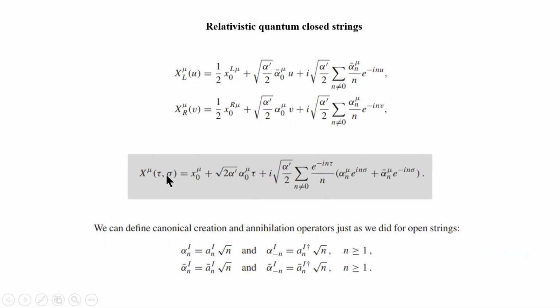Okay, so the entire solution can be written out this way. Left and right moving waves are combined, and if you want to quantize the theory, you just convert these coefficients to operators. Just like we did for open strings, we do the entire same process. You just convert these coefficients to operators and you will quantize the